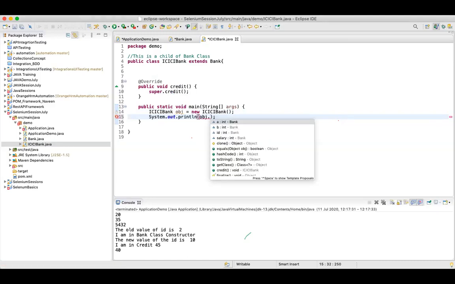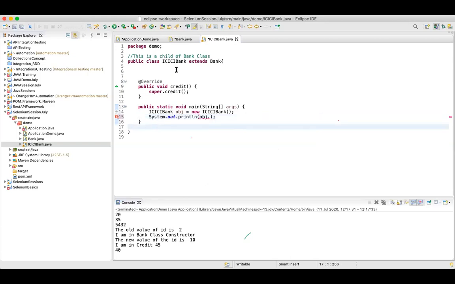Now guys, can you see one thing? It is showing me A, B, ID and salary. But are these fields present in my ICICI Bank class, guys? In ICICI Bank, I do not have any such field as A, B, ID or salary.